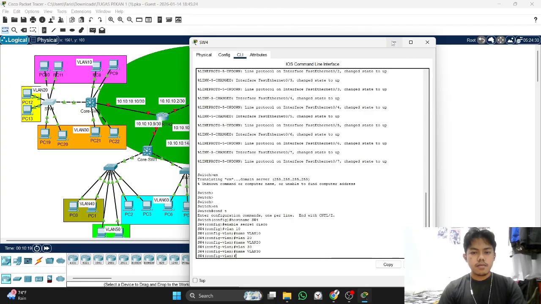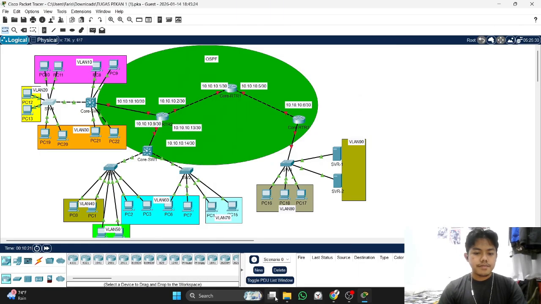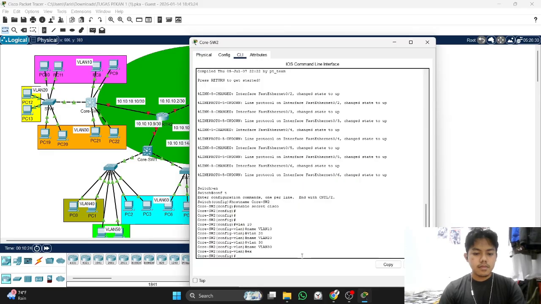Okay, after this, before we configure the port security, firstly we configure the portfast. On core switch 2, you write interface range.